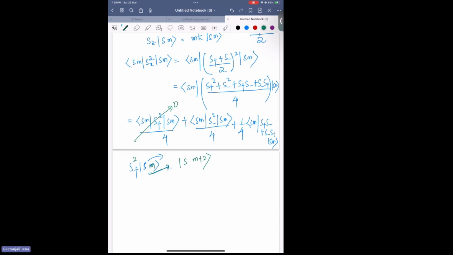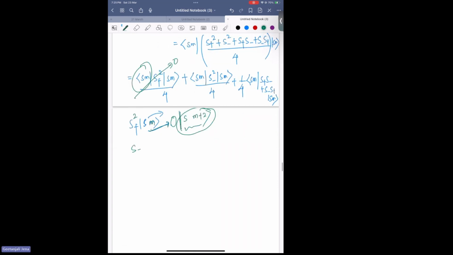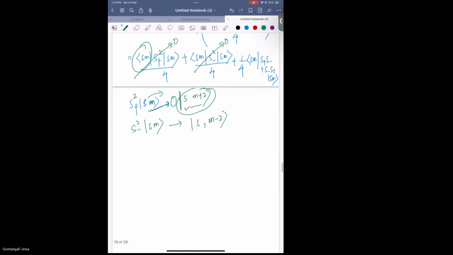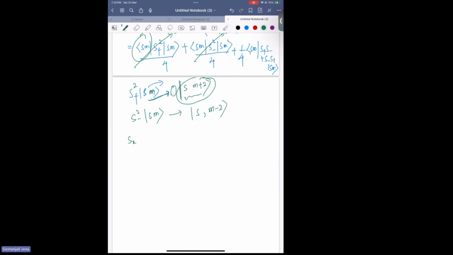You will get some value here with the state. Now if you take the inner product of this one with Sm, you will get 0. Similarly, when S minus square acts on Sm, it lowers the state of the system. You will get m minus 2. So it means this one is also 0. And the terms that will remain are